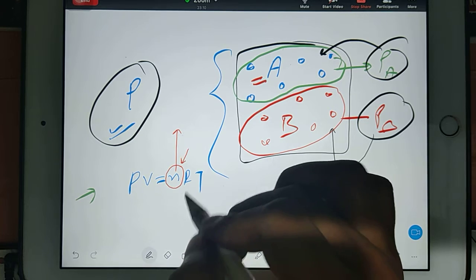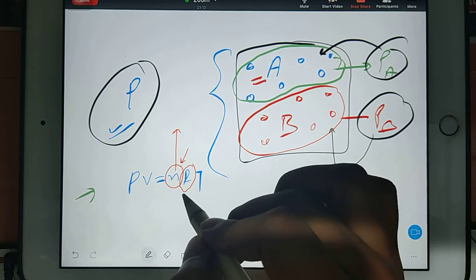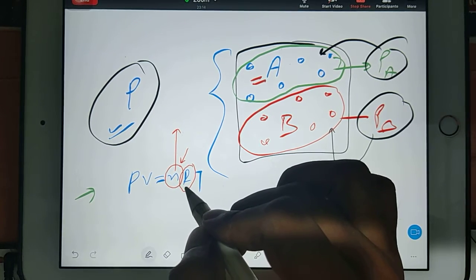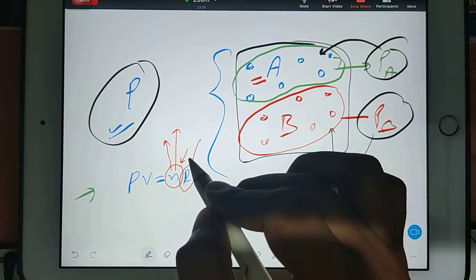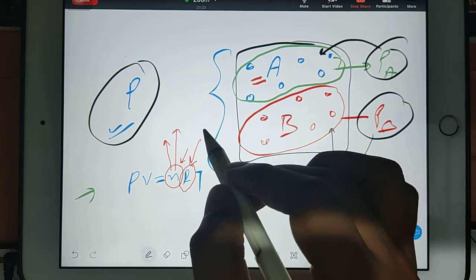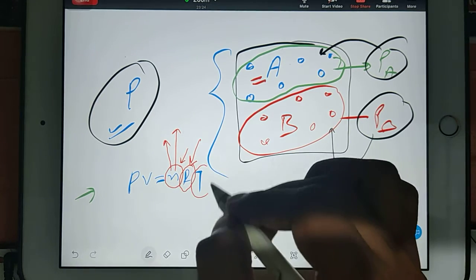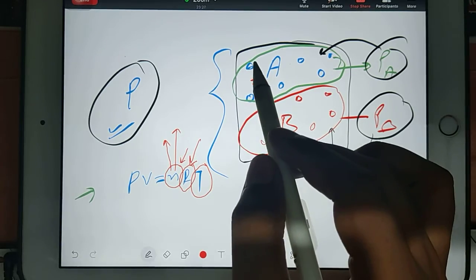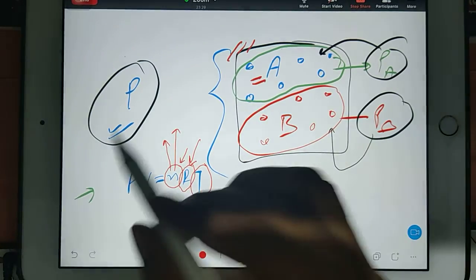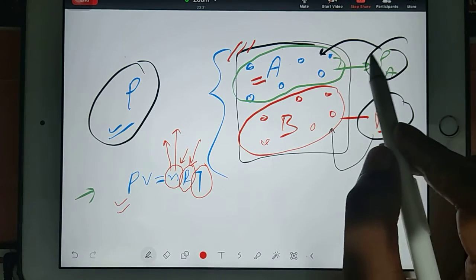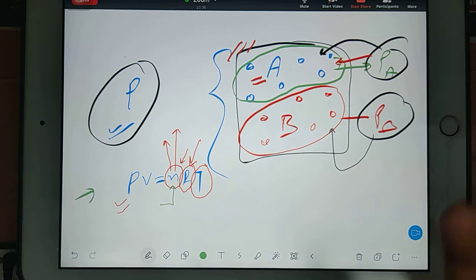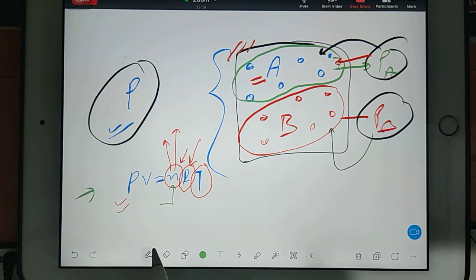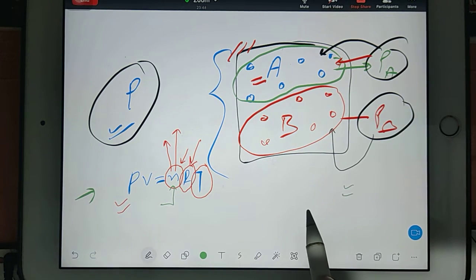At the same time, what is your R value? Remember, when you are using n as the number of moles, you should use R as the universal gas constant. And T is the temperature of this chamber. Simple. You can find the pressure for A. If you want to find the pressure for B, then substitute the number of moles of B. That's all, done. So this is how you will calculate the partial pressures of all the gases.